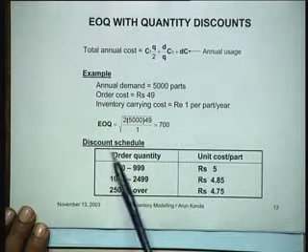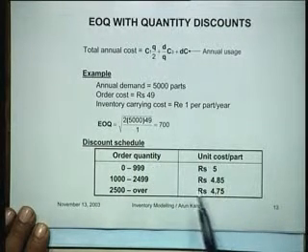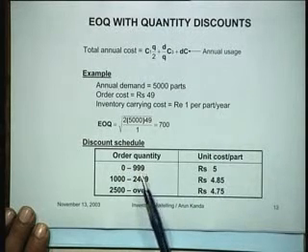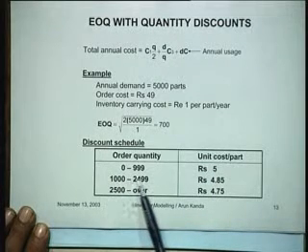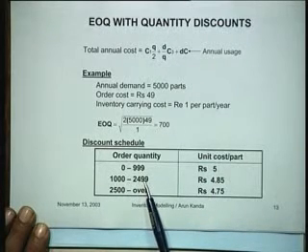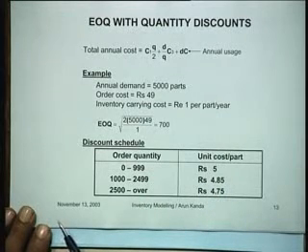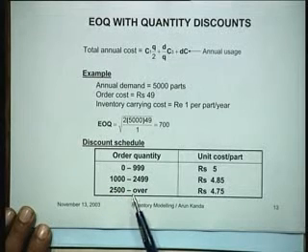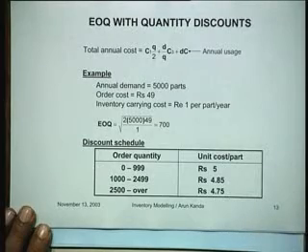Suppose that this particular item was available to you under a discount scheme, which is shown like this. That means if you buy in the range of 0 to 999, you can buy the piece for 5 rupees a part. If you buy in greater quantities up to about 2,500 units, you get it for 4 rupees 85 paisa per unit. And for quantities above 2,500 units, your cost is 4 rupees 75 paisa per unit. Now what's going to happen here is,